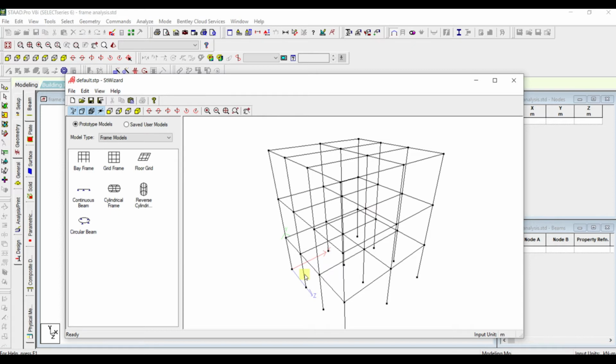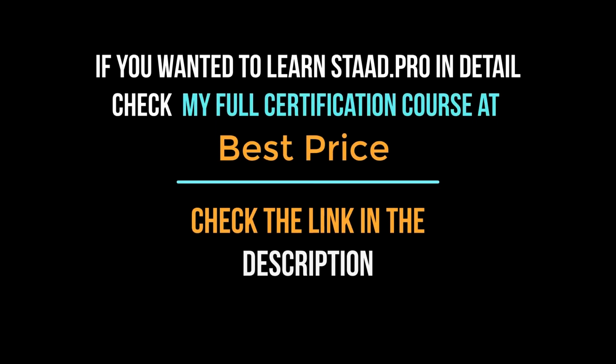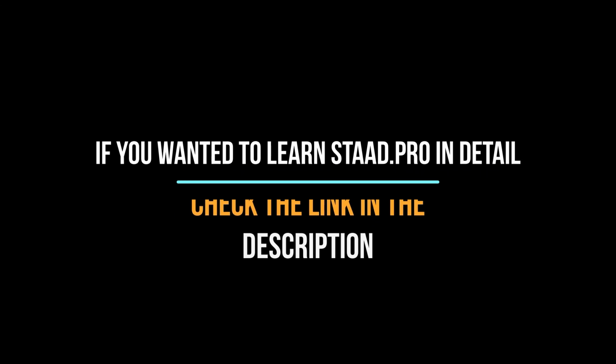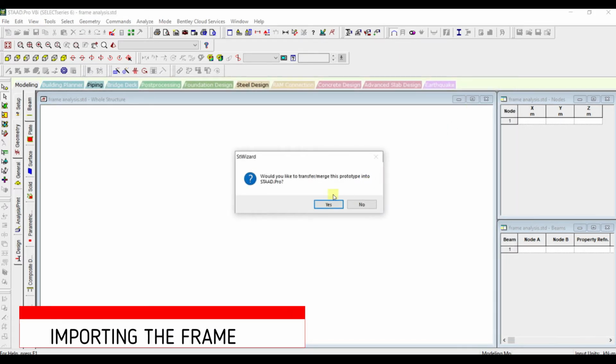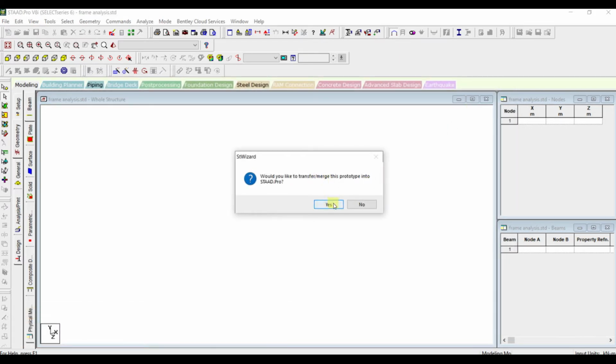As we have defined, number of bays along length is 2, that is 1 and 2, number of bays along width is 1, 2 and 3, and number of bays along height is 1, 2 and 3. To import this model, just click on this icon and it will ask, would you like to merge this prototype?